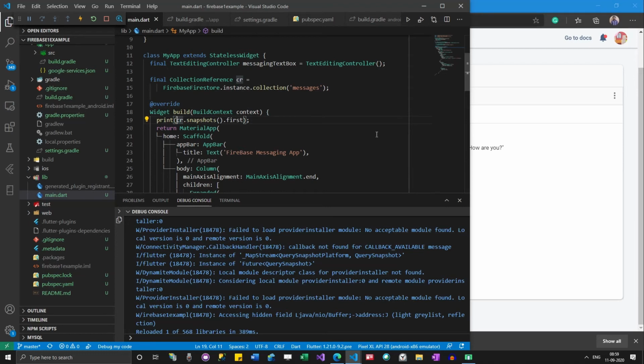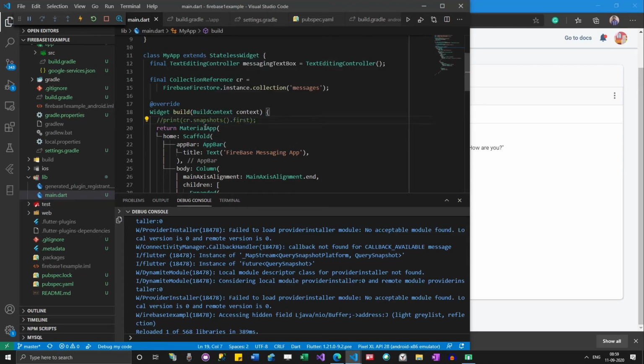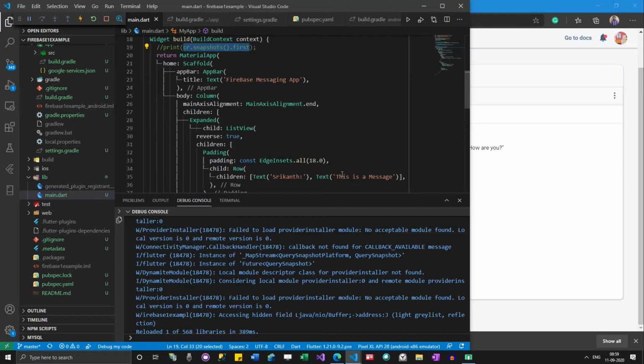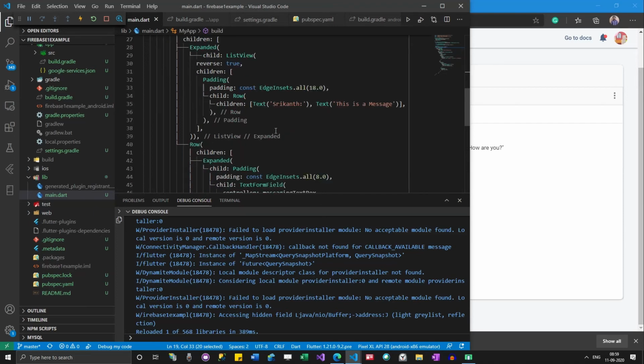Okay, let me see if I can... I can't do something like this. If I add await here, this starts fading, right? So I can't do something like this. Let me remove this and comment out this code as well. So now all I know is this is of future type. I need to use some sort of future here in order to access the data.